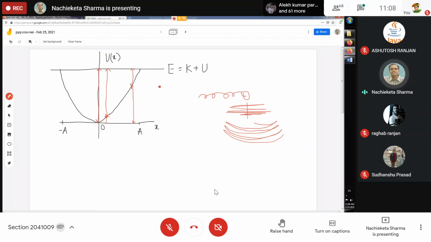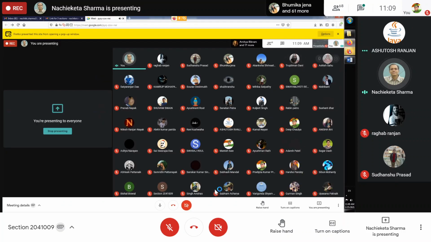Now if the elastic force of the spring is the only horizontal force acting on the glider, the total mechanical energy E equals k plus u, a constant independent of x. So whatever the position of the pendulum may be, you will always have the total energy conserved, because the only force acting is the elastic force. A graph of E as a function of x is thus a straight horizontal line because it doesn't depend upon x. This is the straight line of the total energy. Are you able to understand what I am telling?